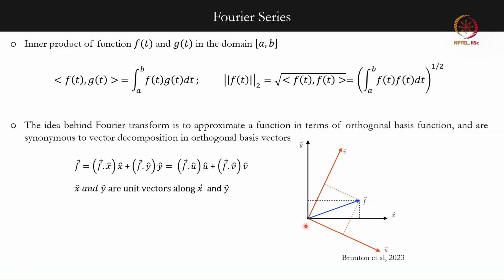Again, f dot u cap is basically nothing but the projection of f along the u cap axis, and f dot v cap is nothing but the projection of f along the v cap axis. So once we have evaluated the projections, we have expressed the function f as a linear combination of the basis vectors. We are going to use the same idea for our time series representation as well in this